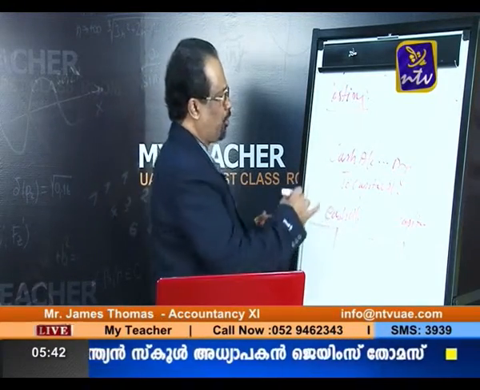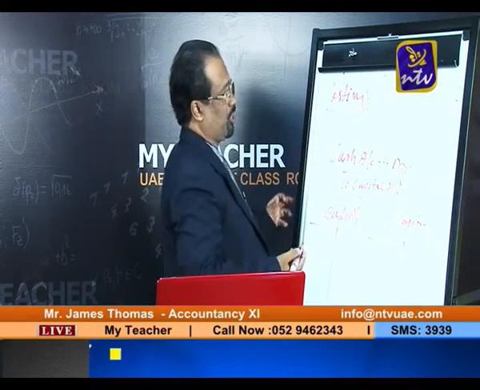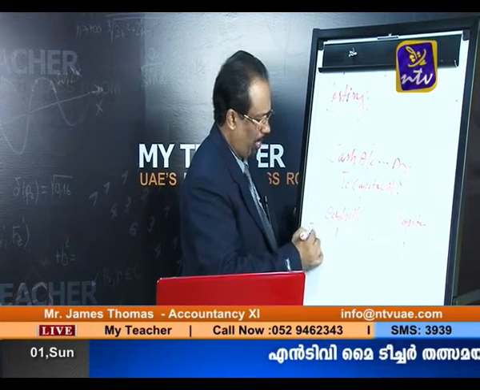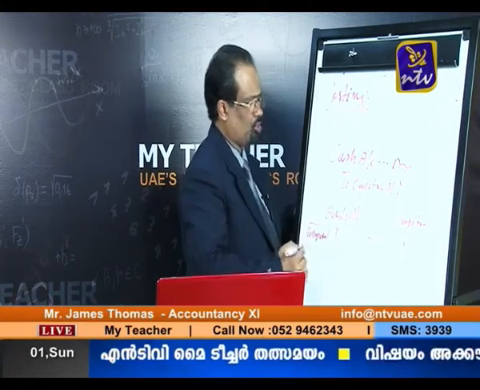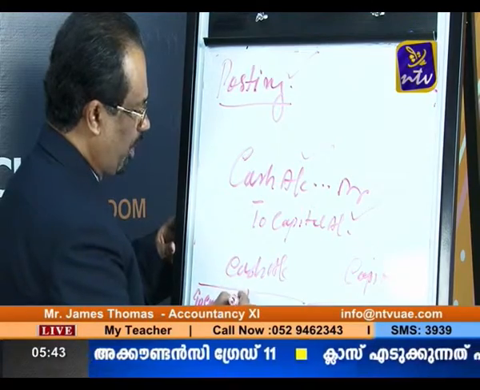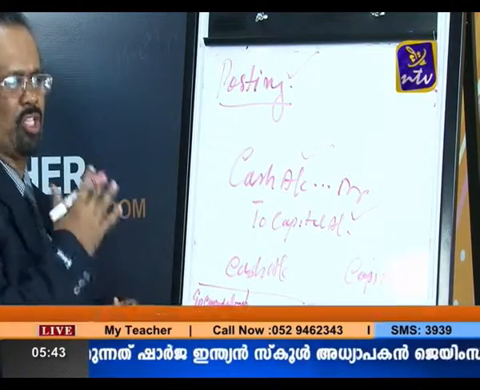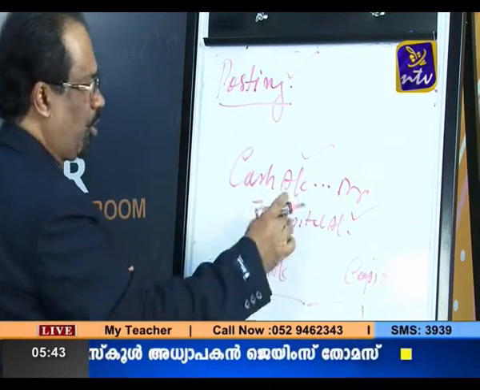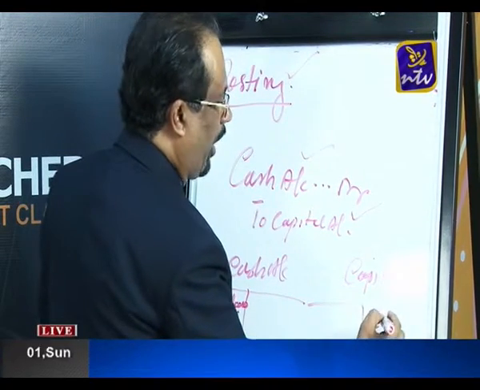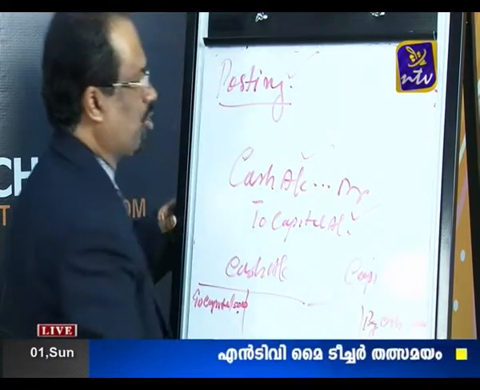Here I am going to explain. Cash account is there and capital account is there. The method of posting: on the cash account debit side you write "To capital", and in the amount column you write the amount. Suppose the amount is 50,000, you write that in the amount column. This completes the debit aspect. What about the credit aspect? In the capital account, on the credit side you write "By cash", and in the amount column you write 50,000. This is what is called posting.